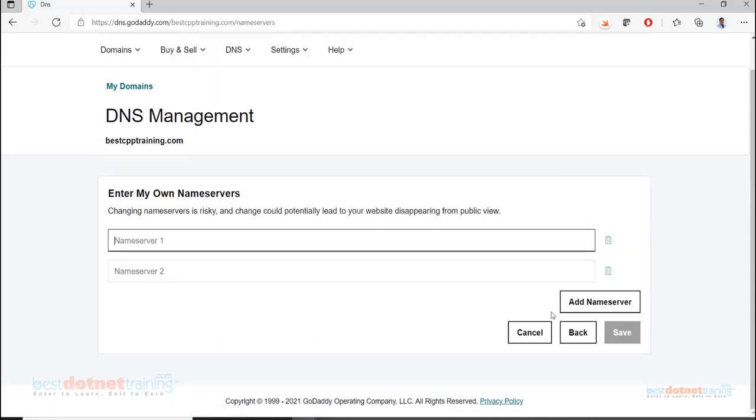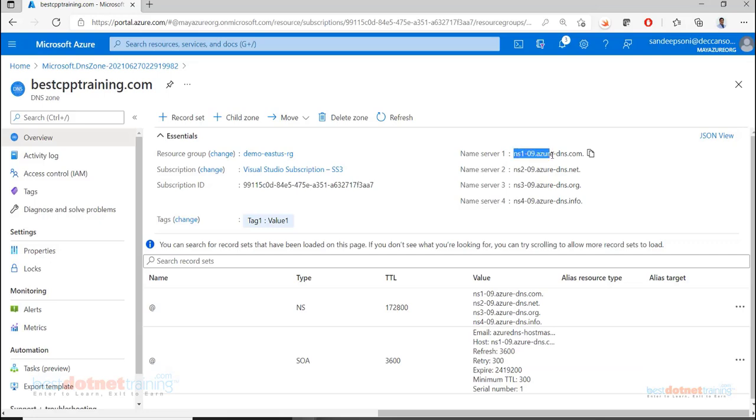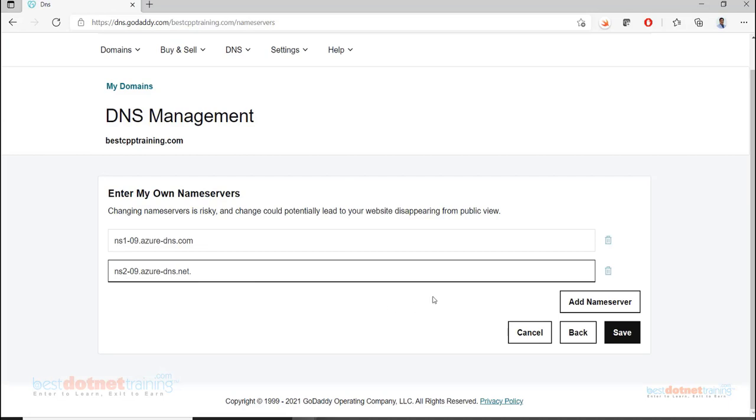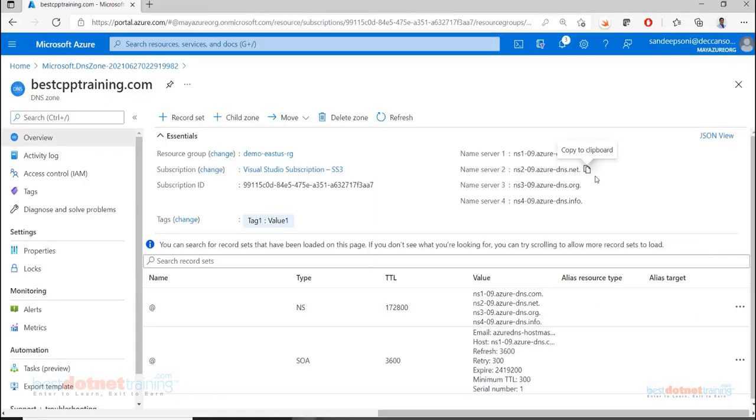Here I have to enter these values one by one. I'll paste them here, all the 4.